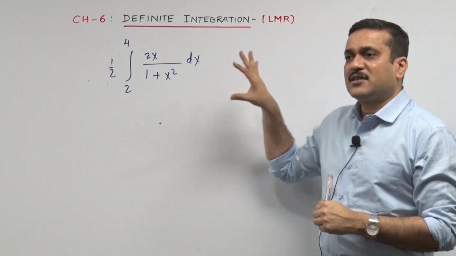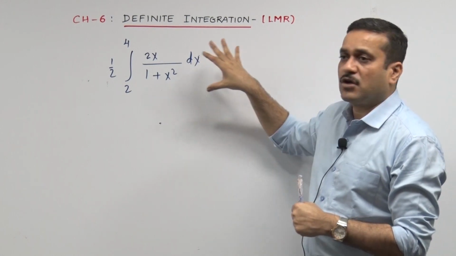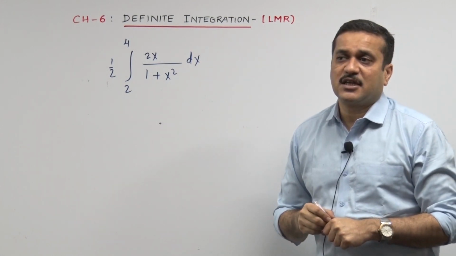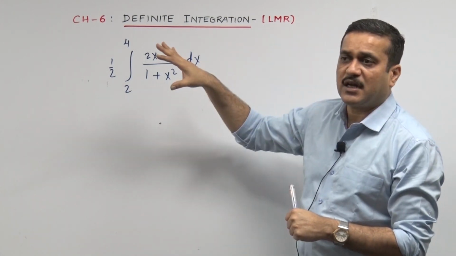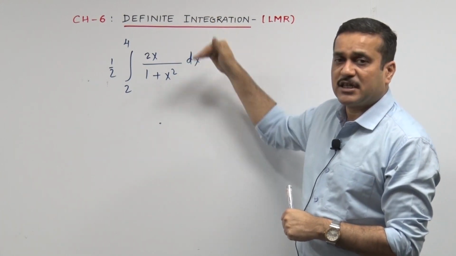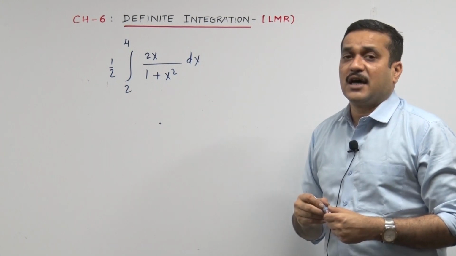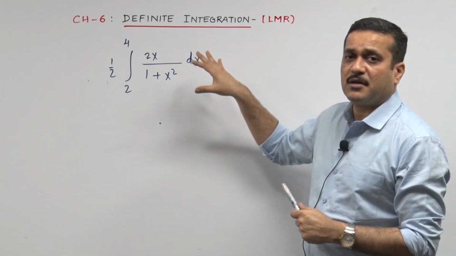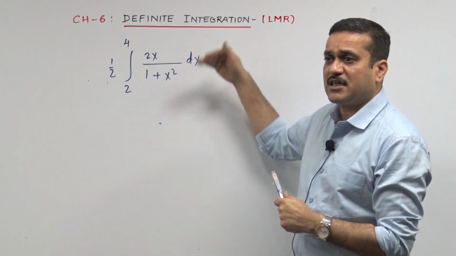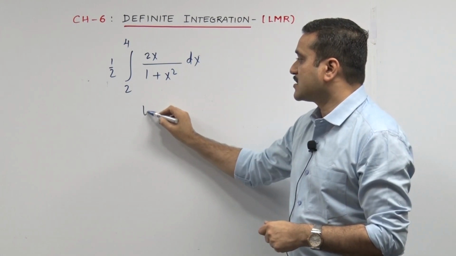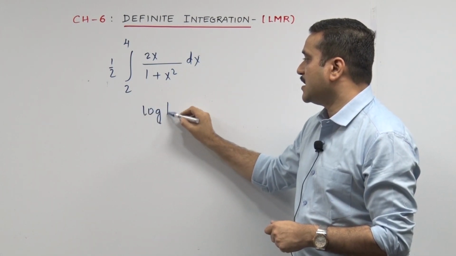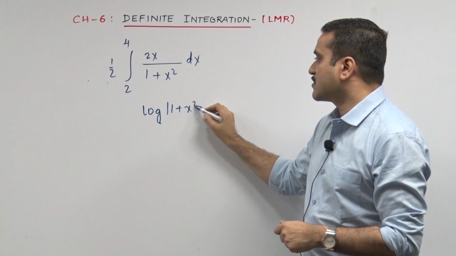So probably at that moment when I was solving this sum, I had to punch that thing very hard कि आपको 2.5 डालना है, and then it becomes f dash x upon fx. But now at this point of the year, where you are into the last minute revision, you must be very comfortable with 2.5. It's f dash x upon fx. The answer straight away goes log fx plus c. So log of 1 plus x square.